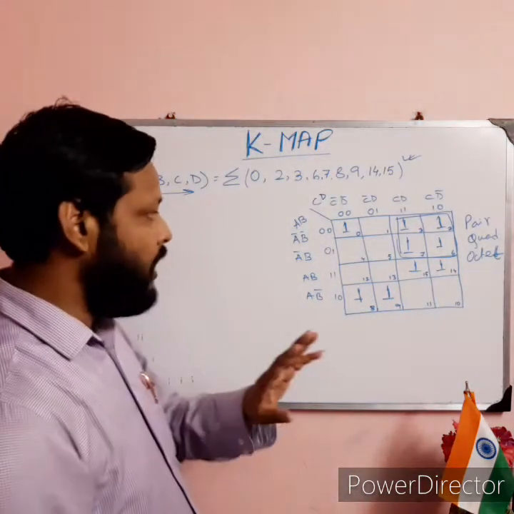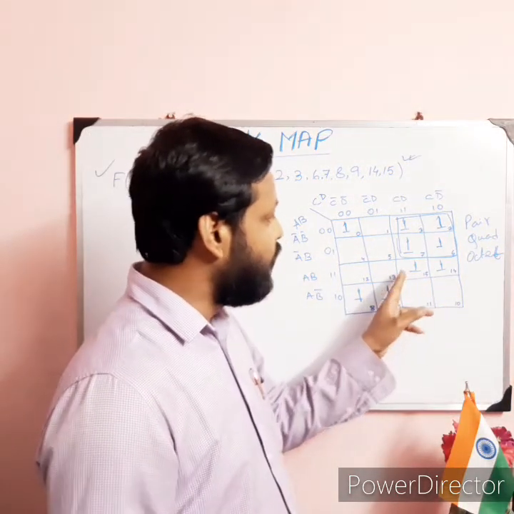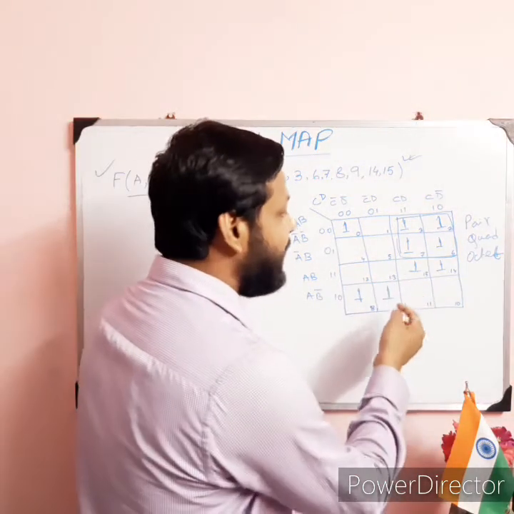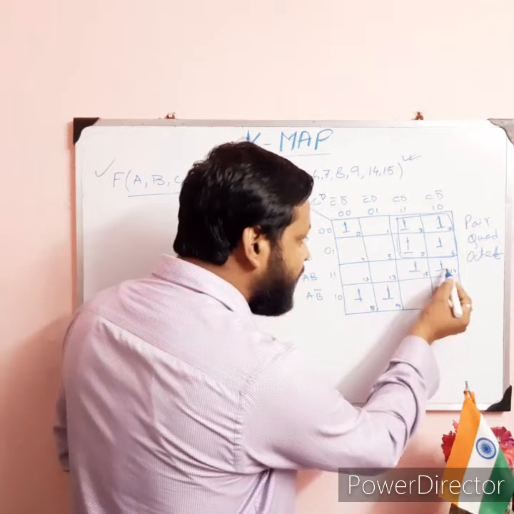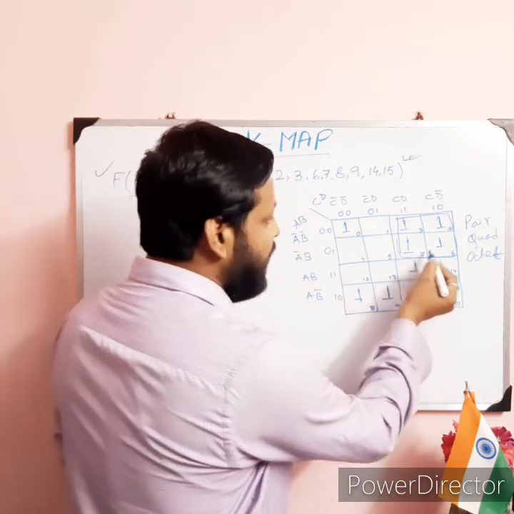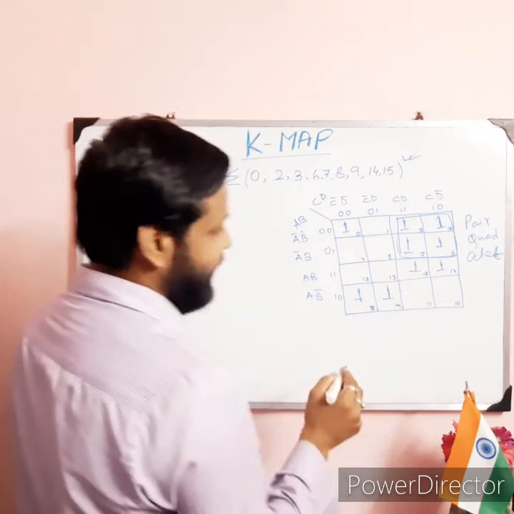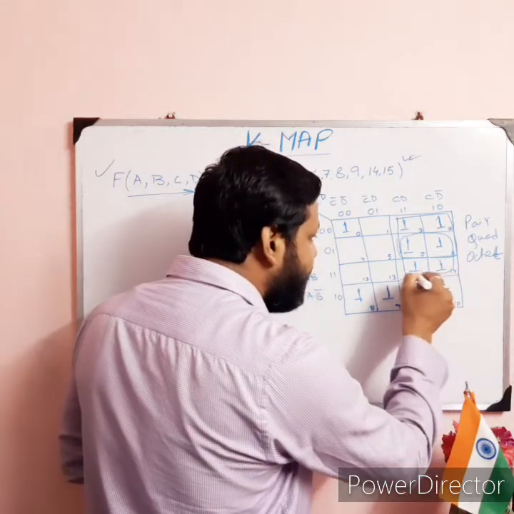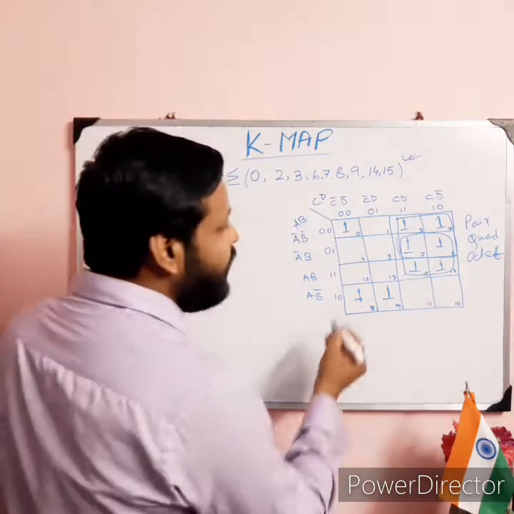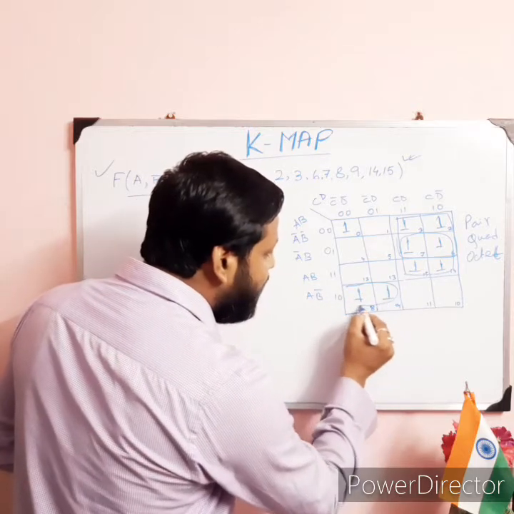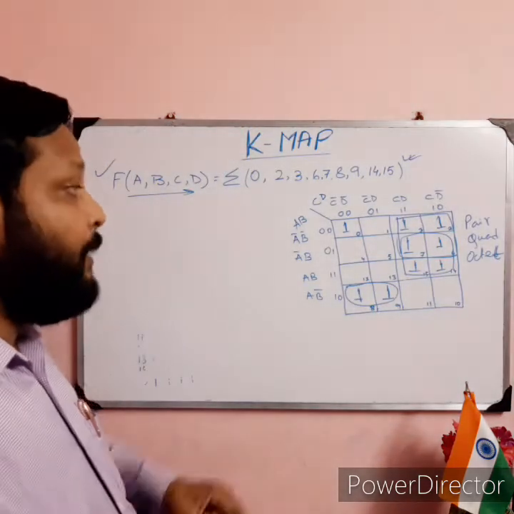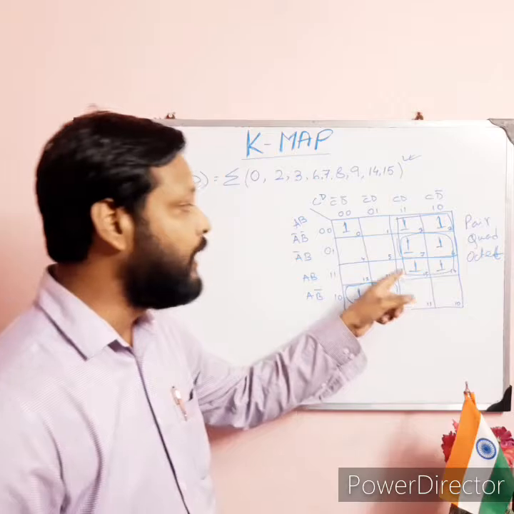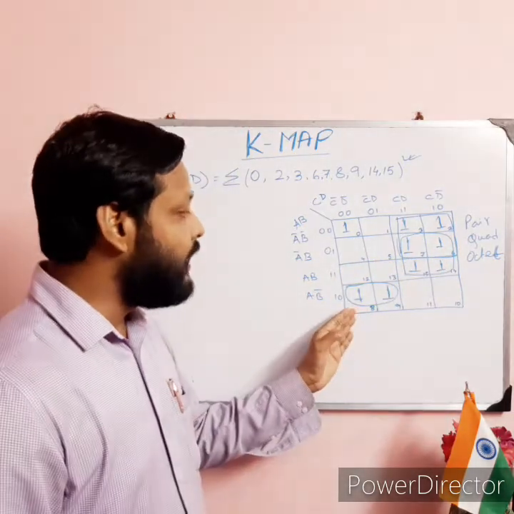What I told, we'll go for redundancy. When will we go for redundancy? If we are able to create the higher group. Easily we are able to create a pair here without redundancy, but we'll go for redundancy. Why? Because we are able to create the higher group. Instead of pair, quad is there. Another one, no option is here. This one is only pair. This one is only pair. Again I repeat, we'll go for redundancy if we are able to create the higher group. Instead of pair we'll do quad here, because quad is the higher group. This one is a pair.